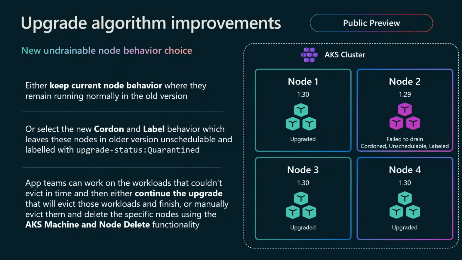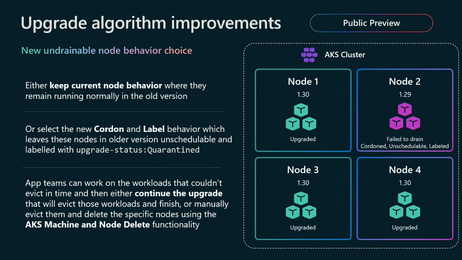So the first thing that we did was an improvement of the upgrade algorithm itself. Before, when you were done doing an upgrade, all the nodes that were left behind, for example because they failed to drain due to a PDB blocking it or some type of issue with that application that would violate its availability, so we don't finish draining and evicting those pods, would just stay there in the old version, and that's it.